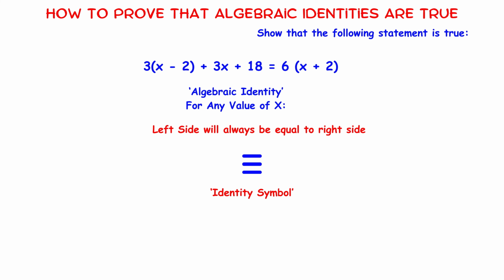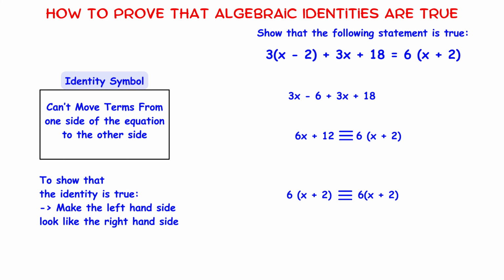Instead, in order to show that the identity is true like we're trying to do in this question, what we need to do is make the left-hand side look exactly the same as the right-hand side. So here we could keep the right-hand side exactly as it is and just keep rearranging the left side until it looks the same as the right side. In general, the best way to do this is to simplify the left-hand side first by getting rid of any brackets and collecting like terms, and then seeing what we need to do to make it look like the right